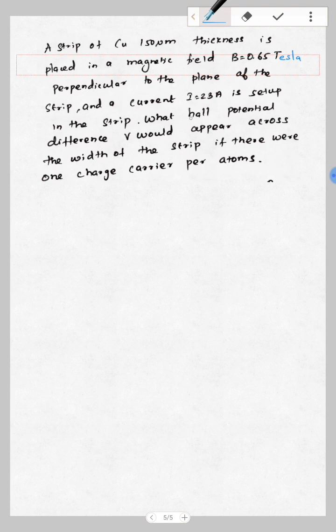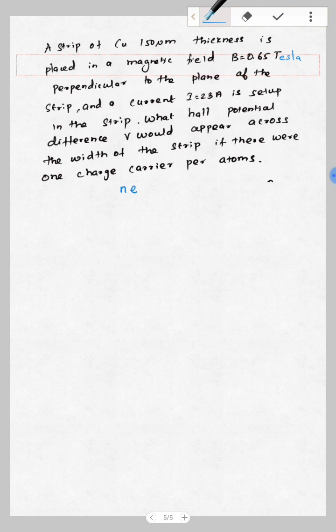the strip. What potential difference V would appear across the width of the strip if there were one charge carrier per atom? If I assume one charge carrier per atom, so all the atoms carry one charge, then the total number of electrons is n. If each electron carries the charge e, I can apply this in the relations to find the Hall potential. If I recollect the equations, I know that